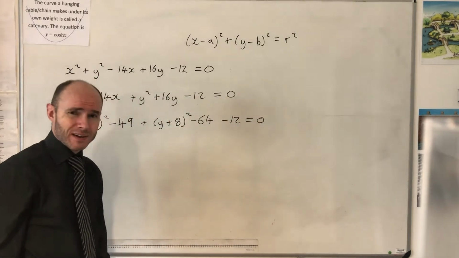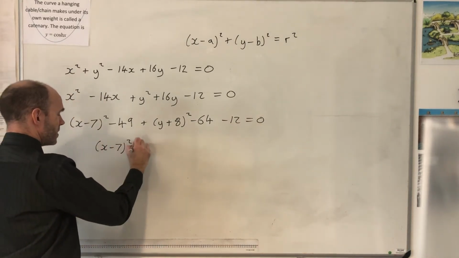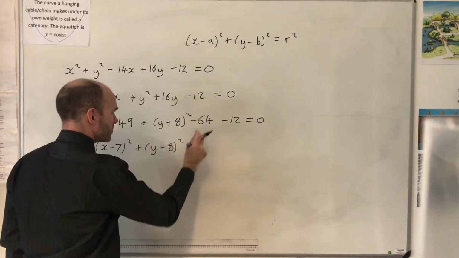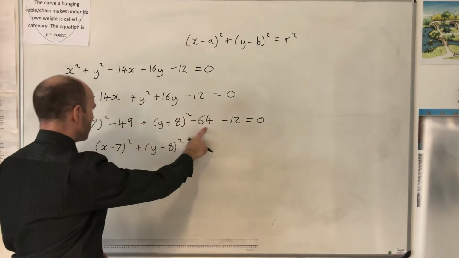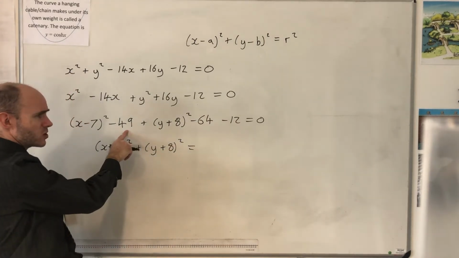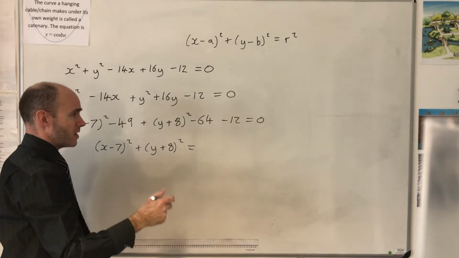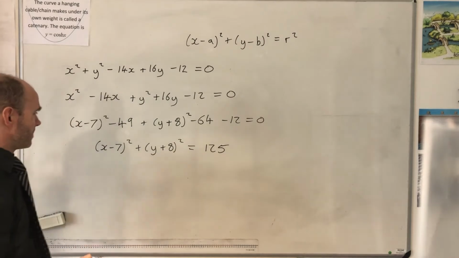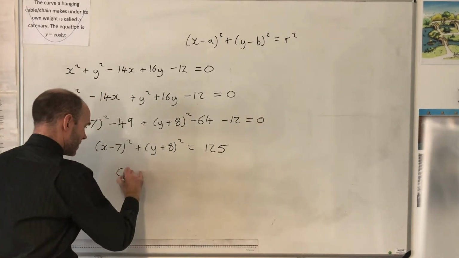We're almost there. So we've got the (x - 7)², we've got the (y + 8)². We just need to put the numbers together onto that side, don't we? So we've got 64 and 49, so it's 113, and 12, 113, 115, 125. Okay, that is it. And that's a better form, because now we can write down that the centre of